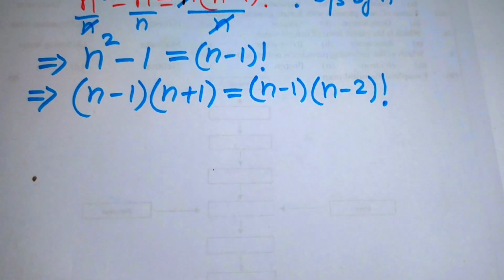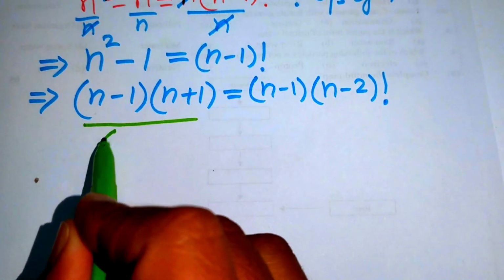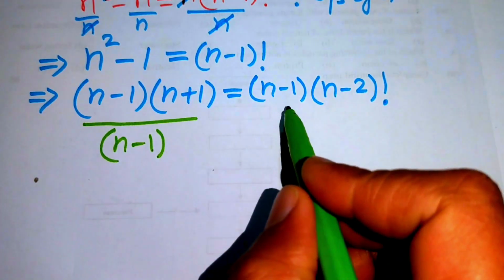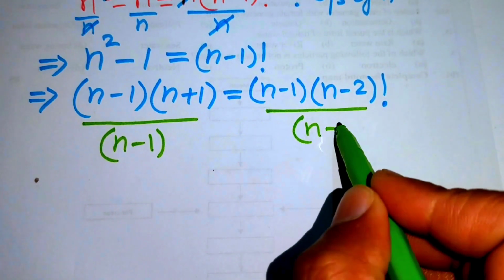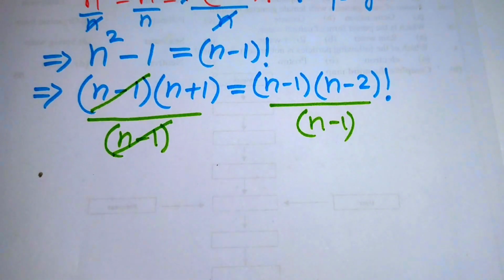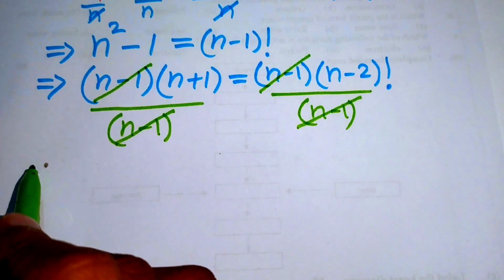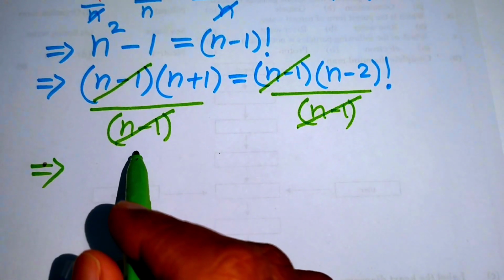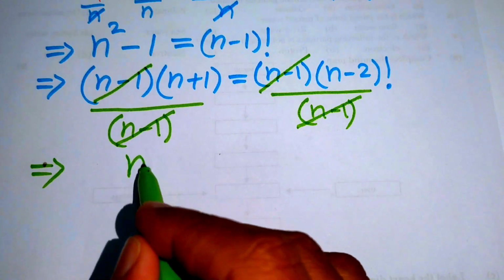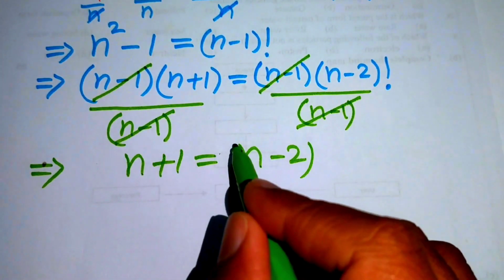Here you see that we have n minus 1 as the common expression on both sides, so we divide both sides by n minus 1. When we divide both sides by n minus 1, it becomes this form, and this n minus 1 is cancelled out by this n minus 1. After dividing by n minus 1 and simplifying, we get n plus 1 equals n minus 2